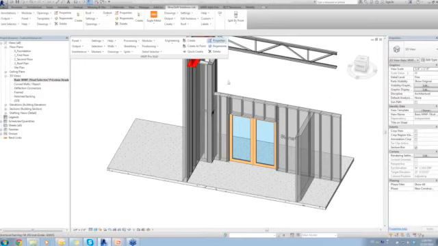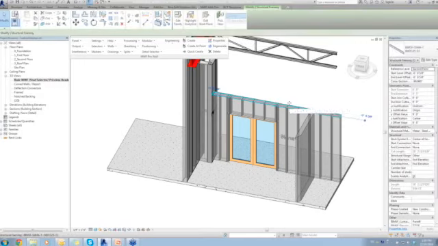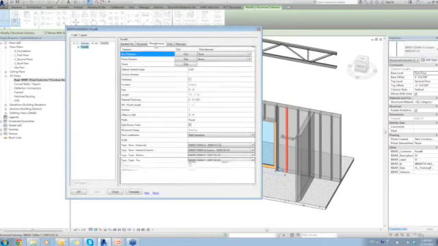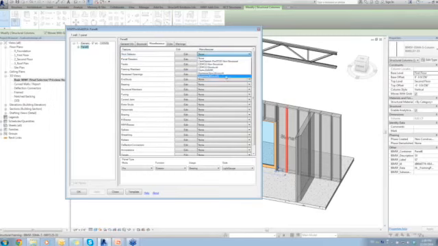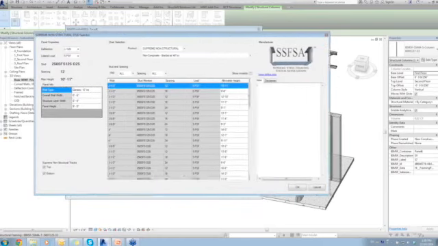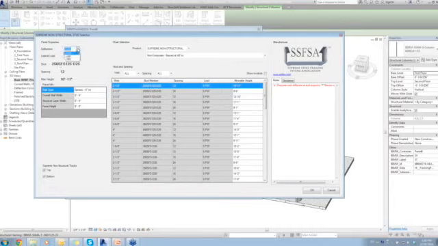Let's begin by opening up this panel's properties right here. For the time being, I can see I'm framing this wall with just generic SSMA members. I want to utilize SCAFCO's Supreme Non-Structural Stud Selector. So in the Stud Selector dialog box, I can begin by selecting the deflection that is needed on this panel, my lateral load,